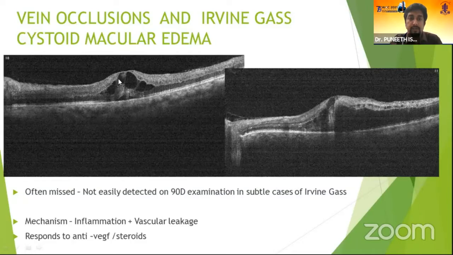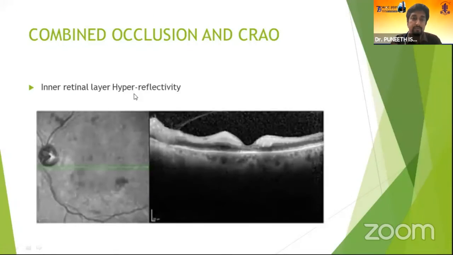So the intraretinal fluid is in the form of well demarcated cysts with septa, and subretinal fluid below it is seen here. These sorts of edemas respond very well to steroids and anti-VEGF. You will also see them in pseudophakic cystoid macular edema post-cataract surgery, which is also called Irvine-Gass. Irvine-Gass is sometimes missed on a 90-day examination, so you may need to do an OCT if you don't see visual improvement after cataract surgery.